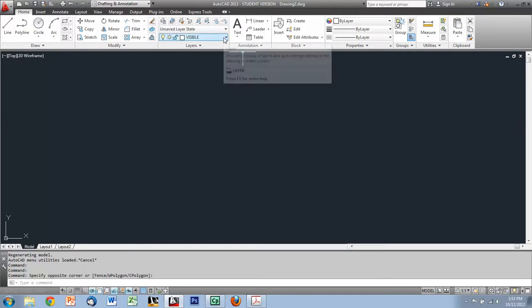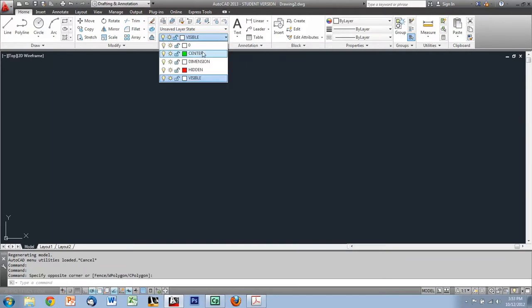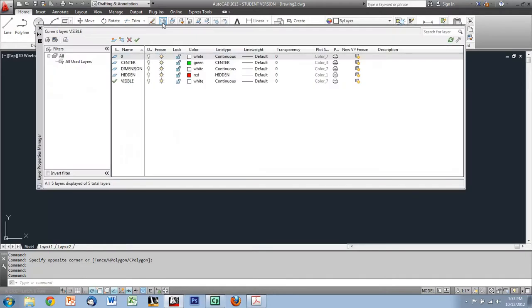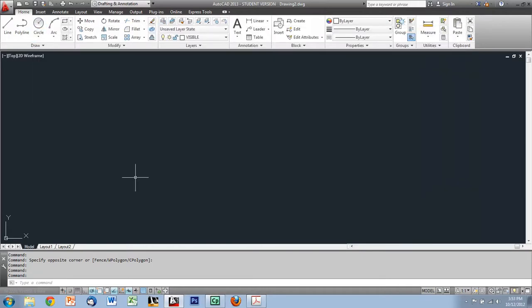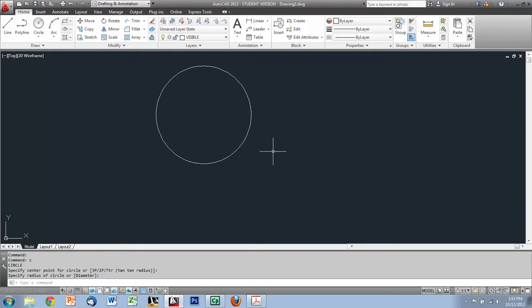And if I go to my layers, you'll see that my new drawing I've created has all those layers in there already. If I go to my Layer Properties Manager, they all have the right line type already as well, they're the right color. So this saves you the time of having to set all that stuff up every single time. So I could go ahead and create my drawing, whatever it might be,